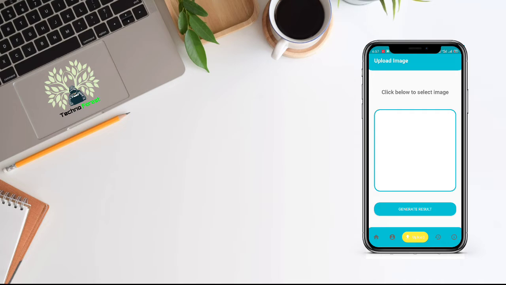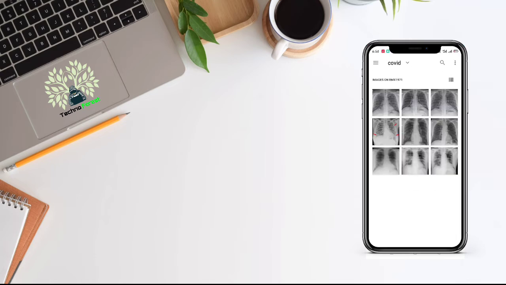The main model of this application is to check whether you have COVID or not using your chest X-ray. For that you have to click on the upload icon and then you will be able to see an interface like this. So you have to upload your X-ray here only. To upload that you need to click on the square box. Once you click on the square box you will be able to see your file explorer